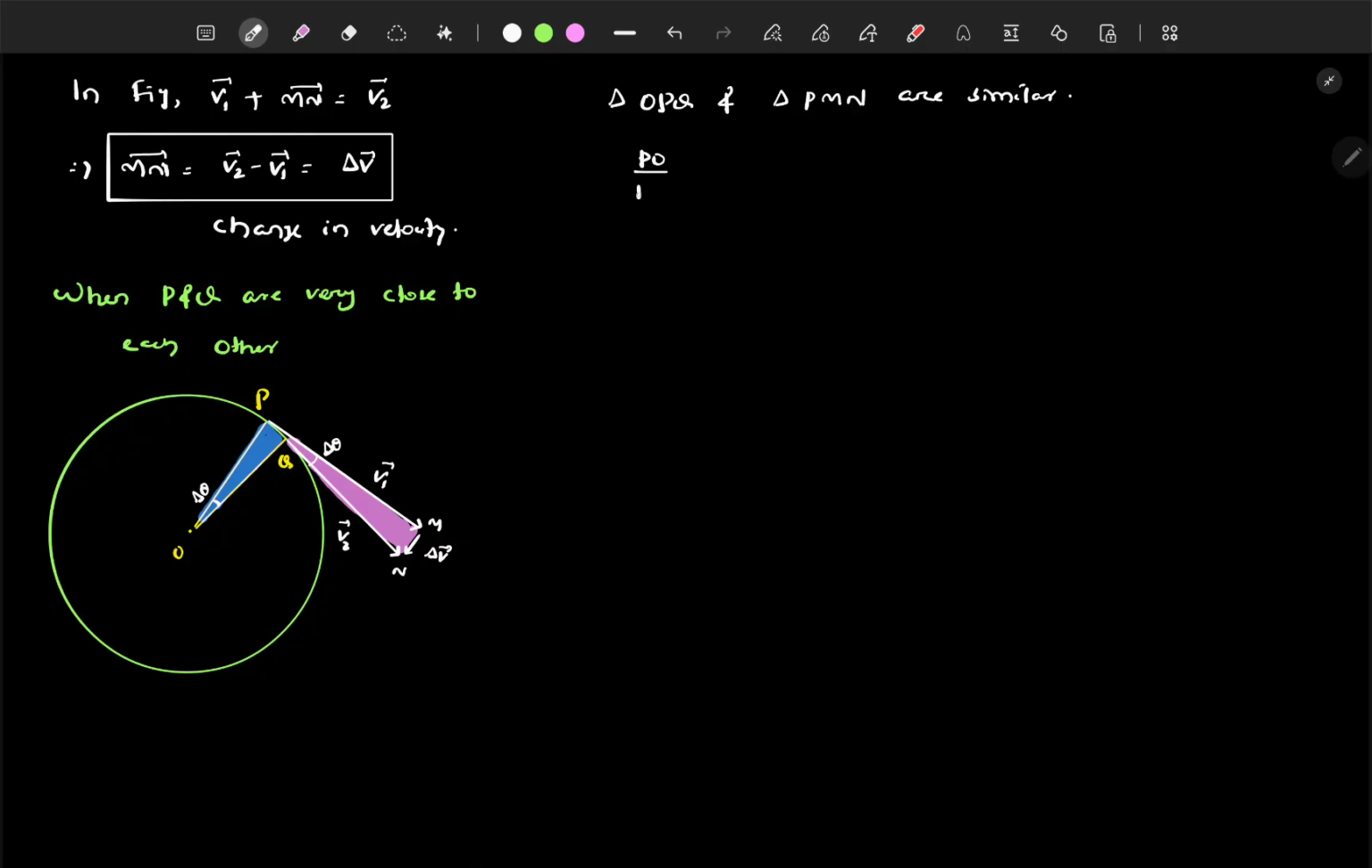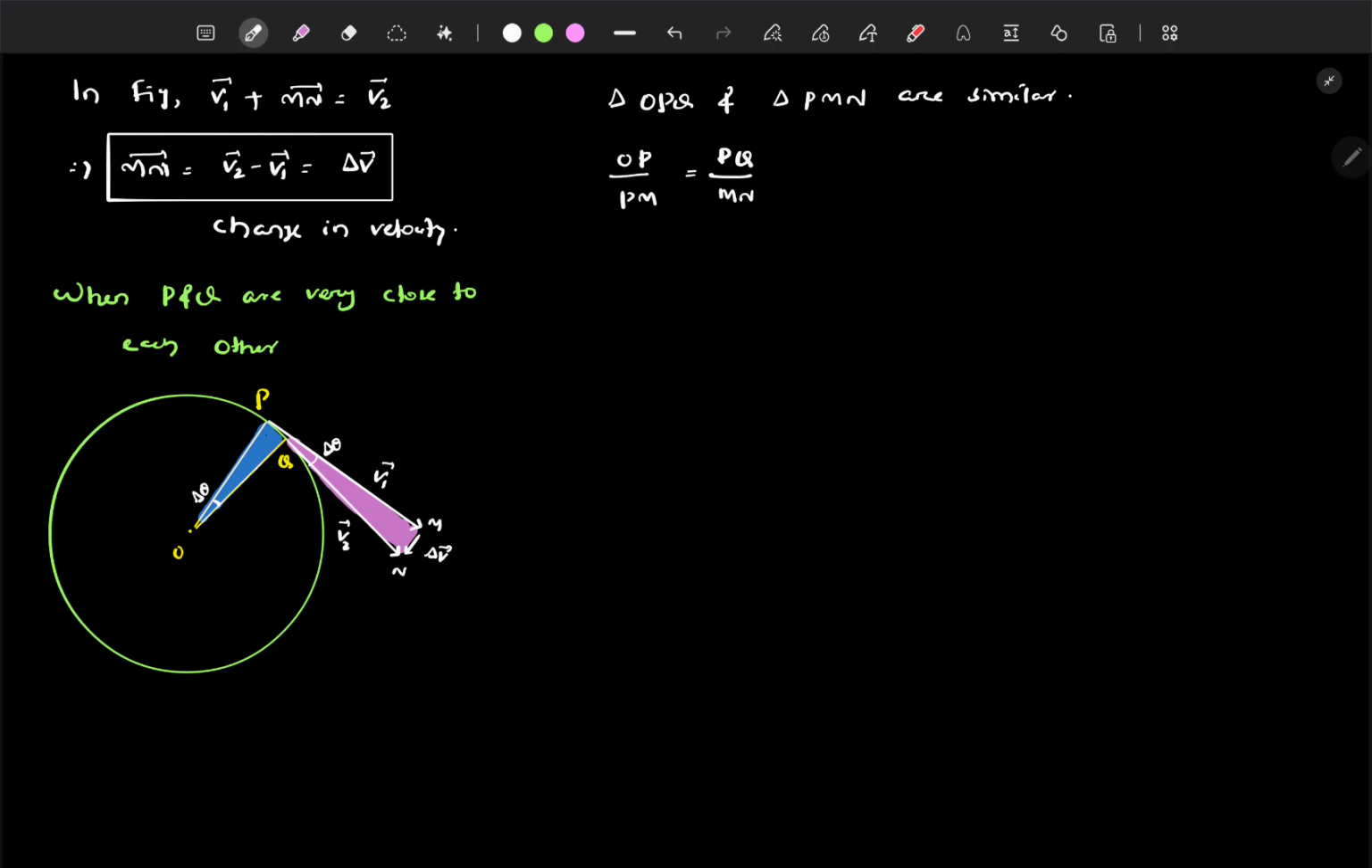सो फ्रॉम ज्योमेट्री वी कैन राइट OP बाई PM इज इक्वल टू PQ बाई MN। ये लाइन OP डिवाइडेड बाई PM इज इक्वल टू PQ डिवाइडेड बाई MN, ऐसे हम लोग रेशियो ले पाएंगे। सो OP बाई PM इज इक्वल्स टू PQ बाई MN।